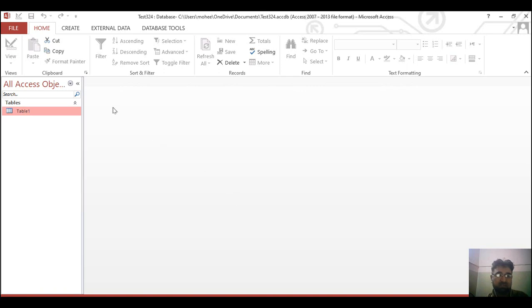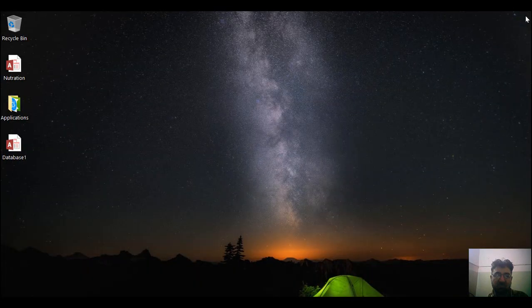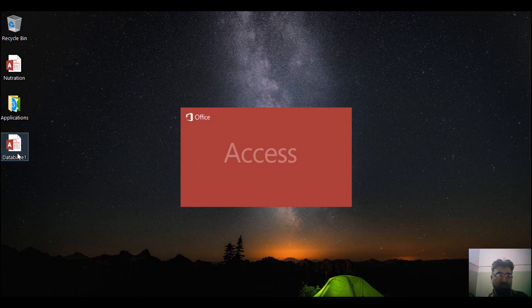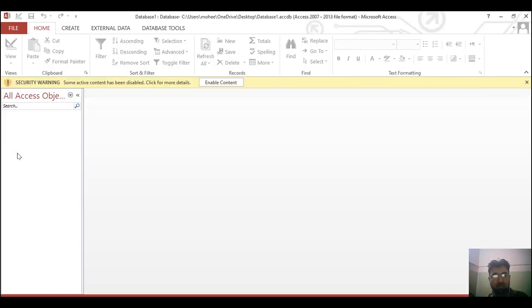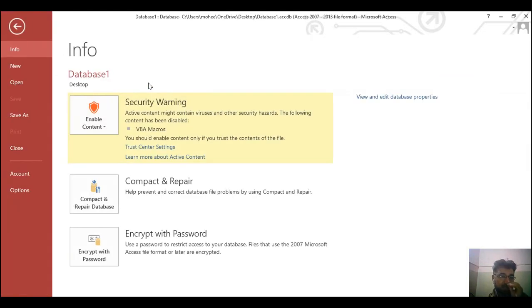After getting an introduction to these, look at this. I'm closing Microsoft Access and I want to open this file again. Look at this, it is giving me this security warning. If I want to know more about this, I will click here and I can see that by default all VBA macros and VBA code are disabled.